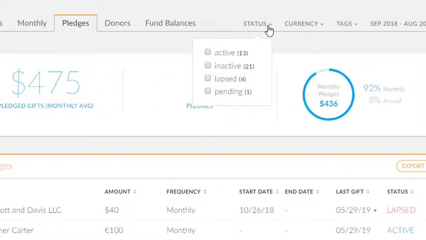There are multiple statuses that SOLA uses for a pledge. A pending pledge is one that you have added and are waiting an answer on. An active pledge is when a donor is giving within the time frame and the amount that you have set. A lapsed pledge is one where the donor either gave less than they committed to or they did not give